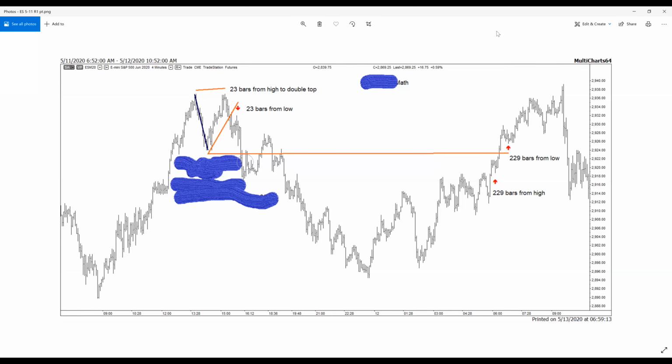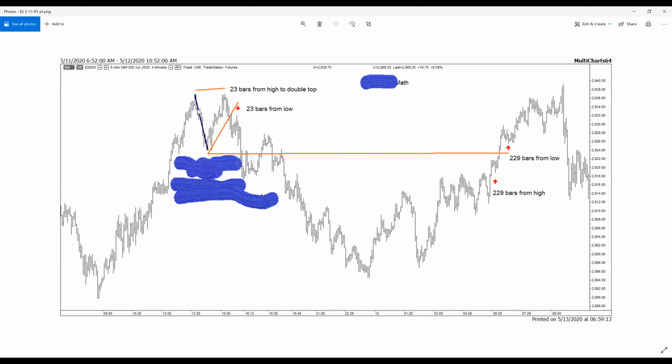There are two primary math techniques that are given in the book. These are derived from similar to what Gann spoke of in his Law of Vibration material. What we're doing here, we're taking wavelength and frequency, and we've come up with math that does price and time conversion. So what we're doing, this first chart that I have up here is a 4-minute S&P chart from May 11th of this year.